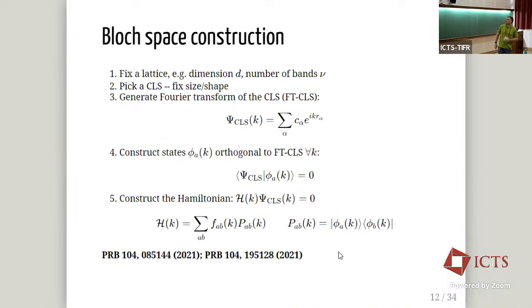There's an alternative construction which was proposed by the group of Bohm-Jung Yang at Seoul National University and Raoul and Pichon in Orsay, if I remember correctly. It's based on the alternative Bloch space construction, where instead of looking at real space and all the constraints, you can start again with the CLS, but in the Bloch representation, and then basically reconstruct the Hamiltonian, requiring it to be basically a linear combination of projectors onto the given Bloch wave vector.